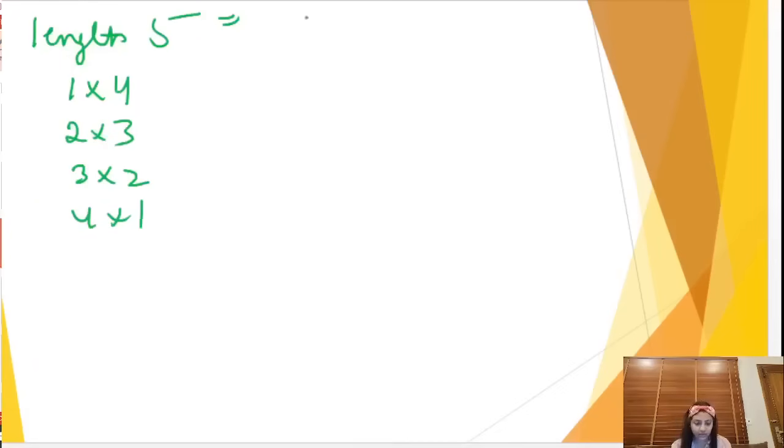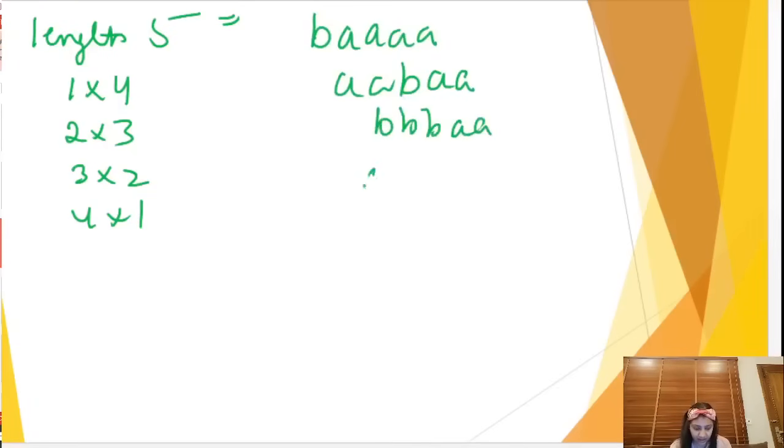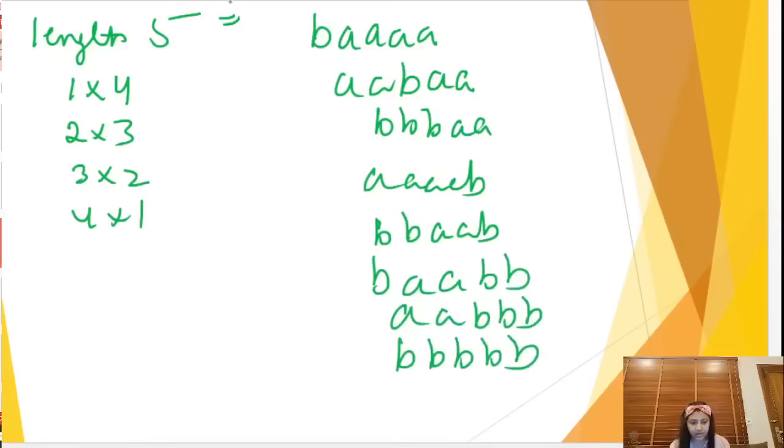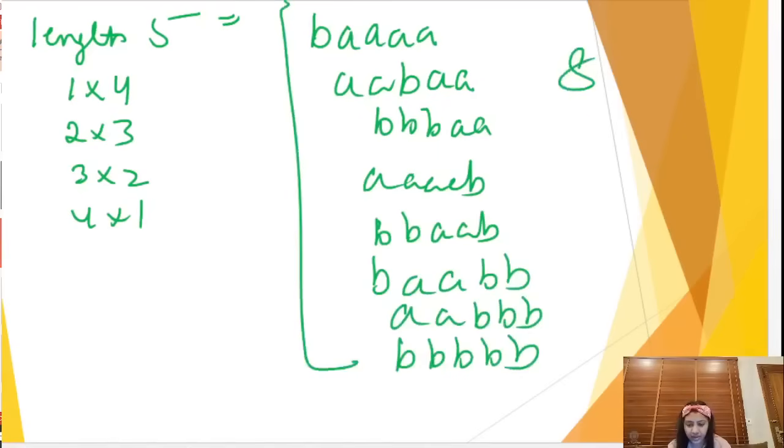So length 5 strings will be AA, BAA, then BB, AA, AA, AB, then BB, AAB, then BAA, BB, then AABB. So that's it. These all strings will be of length 5. So there are 8 strings. Now can we guess a pattern from this? We can say that